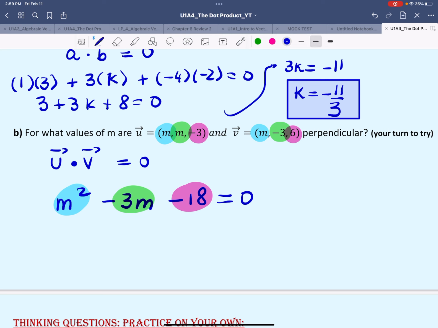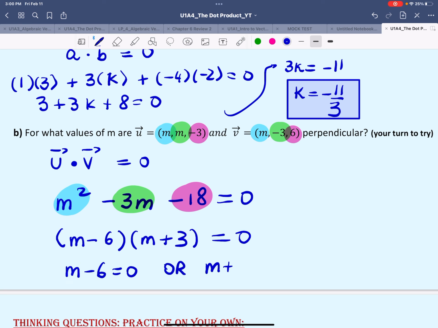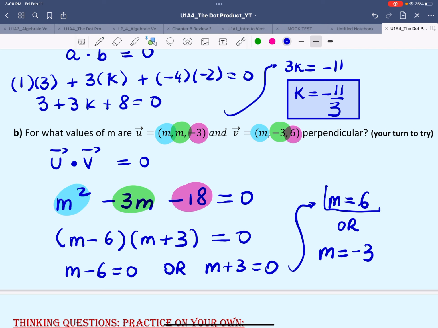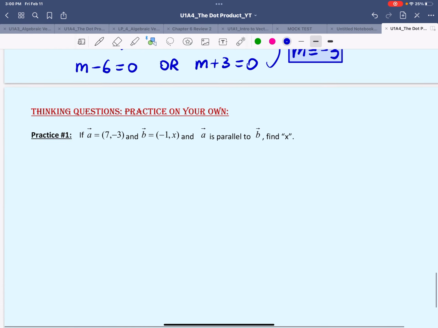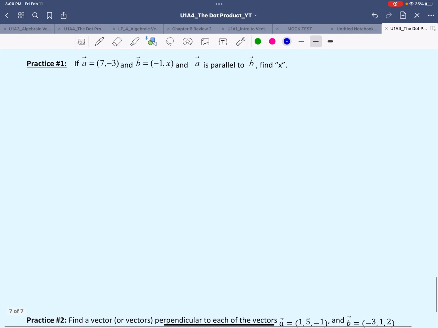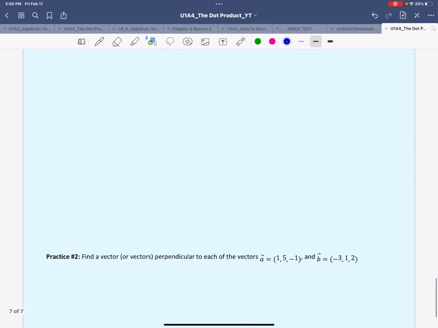Now we have to solve for m. As you can see, this is a quadratic equation. So we go m minus 6, m plus 3, make each factor equal to 0, and from here, we're going to say that m equals 6 or m equals negative 3. In this case, we found two possible values of m that can make the two vectors perpendicular to each other. So there are a couple of thinking questions that I really want you to try on your own, and we'll discuss them in class